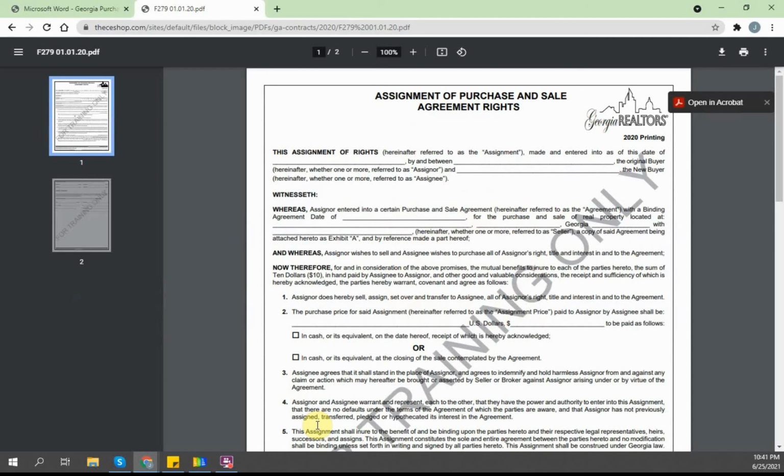So in order to get rid of that option contract and stop the seller from marketing that property, you have to get into a purchase and sale agreement, which will lock the seller in. Once you find a buyer, lock the seller in, and it will let you have the property officially on the contract, and then you can move it forward. You cannot take an option contract to a title agency, for example.